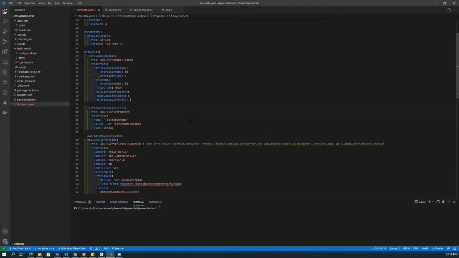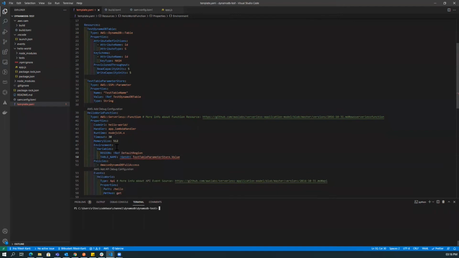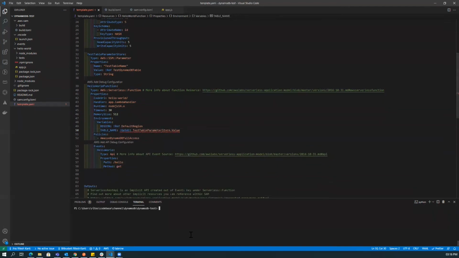Here I have missed one colon. Let's put it there. Also here, this should be GetAtt, a sort of get attribute, and I think others are fine. So let's go ahead and deploy. I'll do sam build, sam deploy. If you are deploying it for the first time, you'll need guided. Otherwise, you don't need it. And this profile, you don't need it. As I'm handling multiple AWS credentials, I'm going with the profile. So let's wait for it to complete.